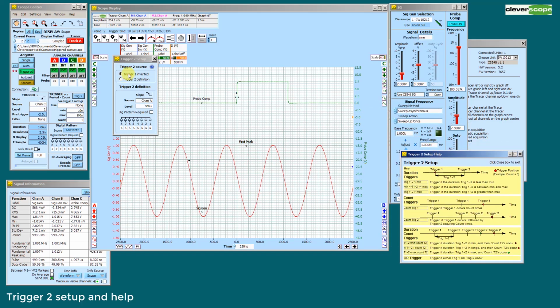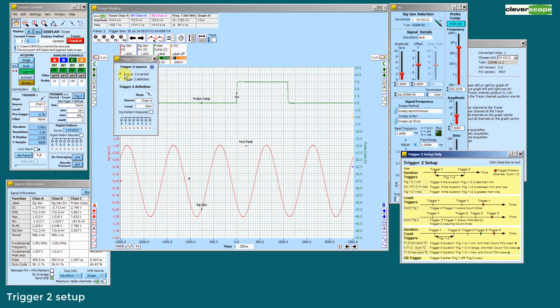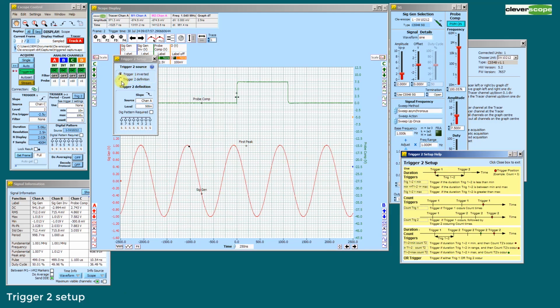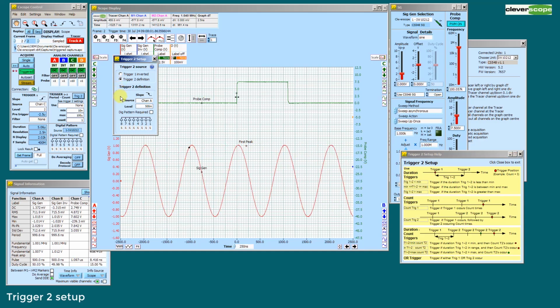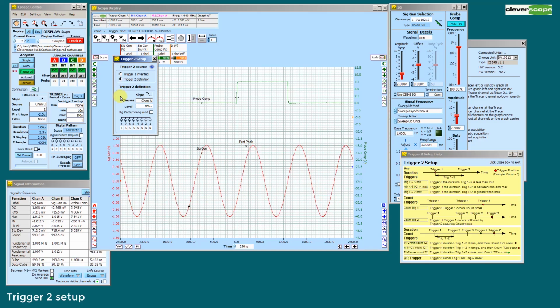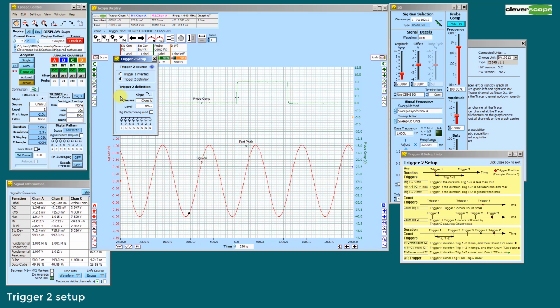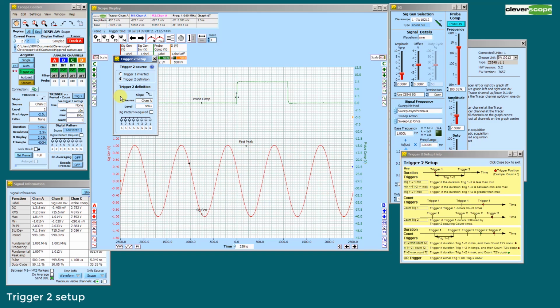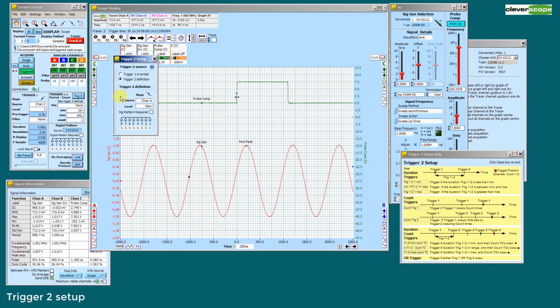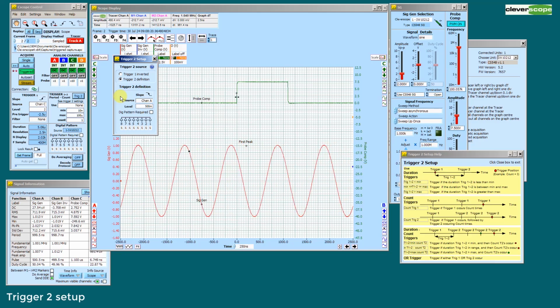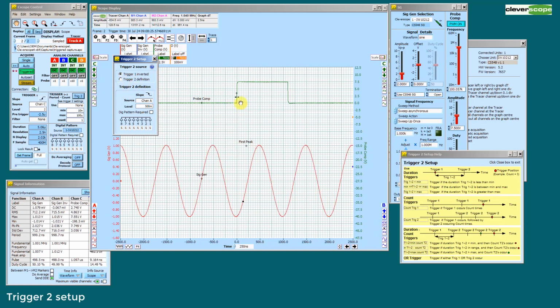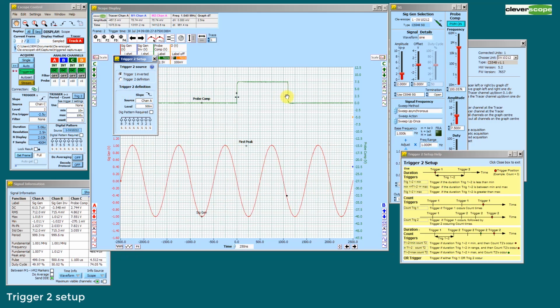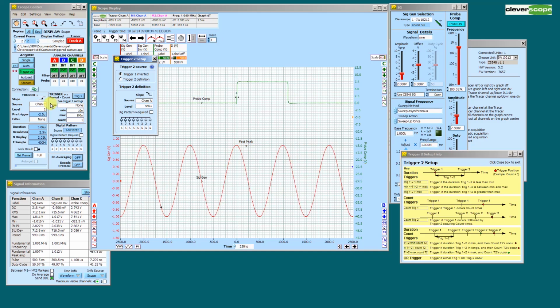In addition to this, we can set what trigger 2 will be. It can either just be trigger 1 inverted, or we can make our own definition, which can be anything else. So for example, one signal could be chip select and the other trigger could be data, and we trigger when we get a chip select followed by 16 counts of data. But in our case, I'm going to trigger on trigger 1 inverted, which means that the trigger is now the falling edge on probe comp at the same level, which is 2